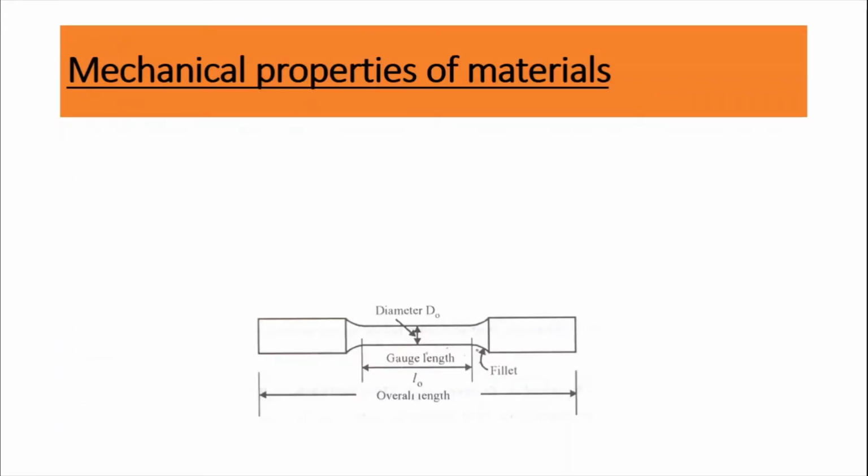In this session, we are going to study about the tension test, stress and strain diagram, and mechanical properties of the material. To conduct the tension test, we have a specimen. This is the overall length. We turn it to the gauge length, and the diameter. So there are two parameters required: one is the original diameter, D0, and the original gauge length. Normally the gauge length is 4 times or 5 times D0 as per the Indian standards.